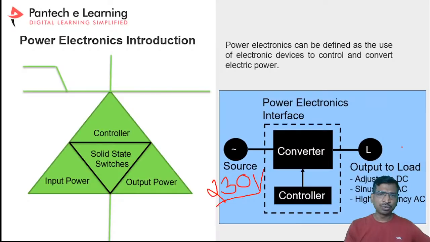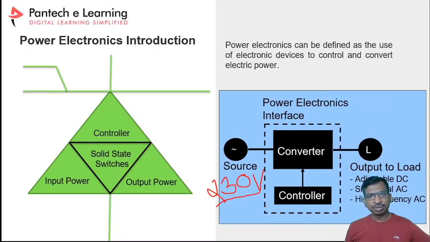Similarly, if you are going to control a BLDC motor, induction motor or PMSM motor, then you need a special kind of inverter to get a regulated output voltage. Right? So here you can learn the new concept of regulation. Whatever the input may be, we need the desired output voltage. To achieve the desired output voltage, we need a control loop, and that is called regulation. The control loop will monitor the output voltage or output power to maintain it at its rated value, right? That part is taken care of by the controller.